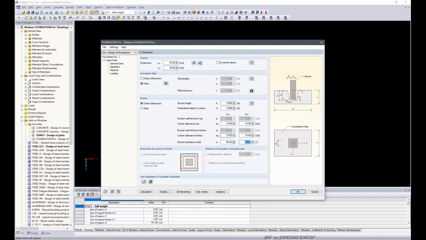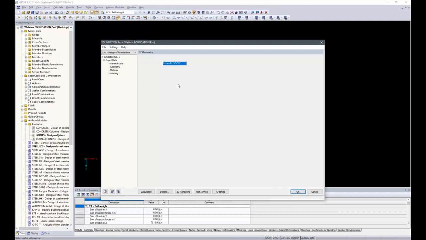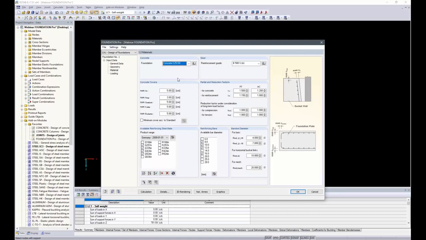So much for the geometry. The next window is 1.3, materials. The concrete is C25/30 and the steel is B500S, so very common. The concrete covers can be freely defined, or you can activate the option minimum cover according to standard, which is what we will do. And we have to verify that we have selected the correct exposure class